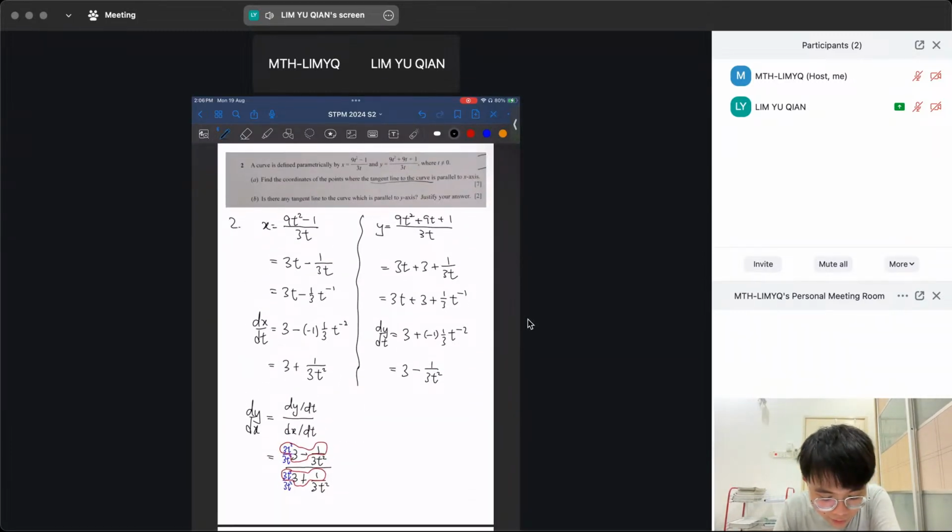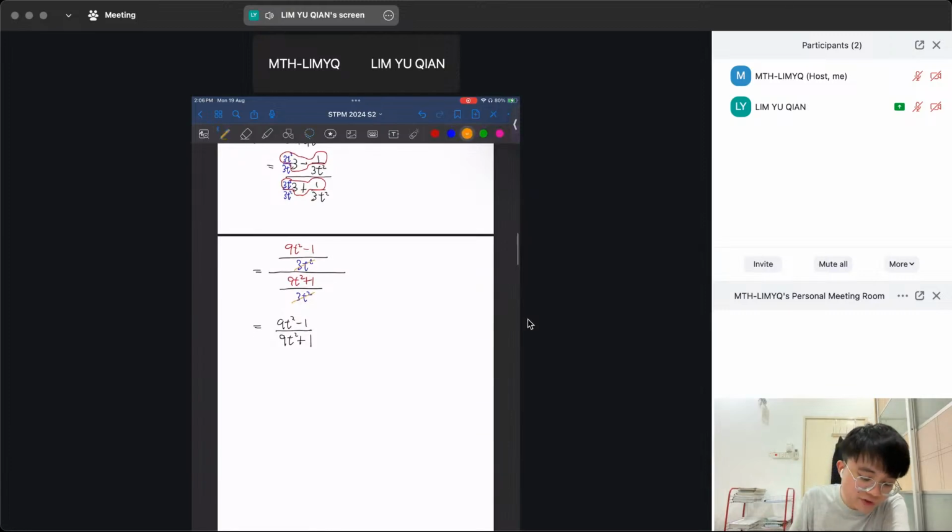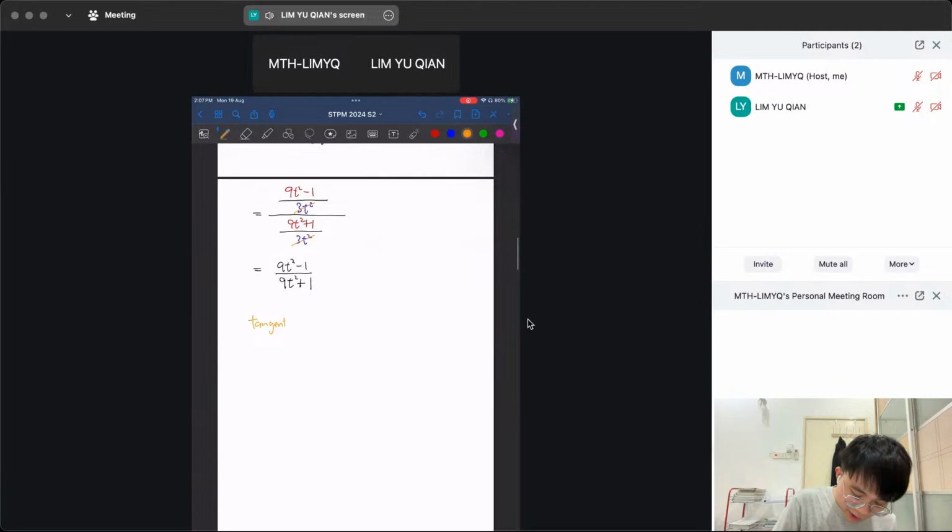Okay, so from here, if you want to determine the point where the tangent line to the curve is parallel to x-axis, okay, parallel to x-axis. After you differentiate, every time we want to do the differentiation. Okay, so the tangent parallel to x-axis, where tangent line is parallel to the x-axis is the same as,